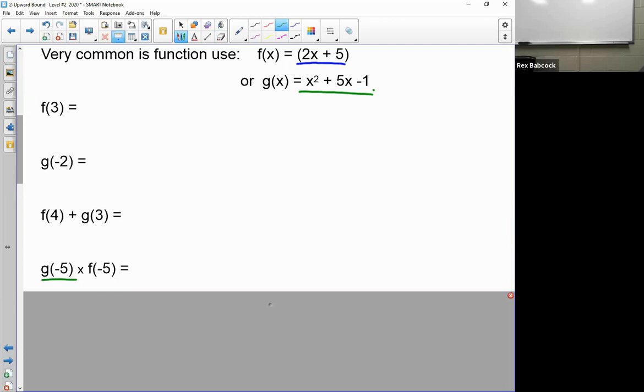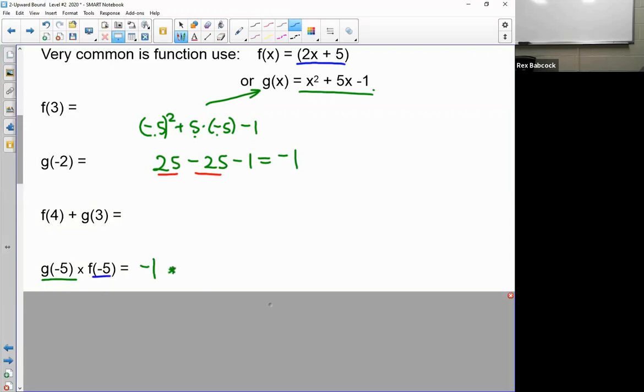So I'm going to say -5 squared, because it says to right here by its definition, plus 5 times the -5 minus 1. -5 squared is 25. 5 times -5 is -25, because one of them is negative, minus 1. 25 minus 25 is 0, minus 1, -1. So the first number I have is -1 times